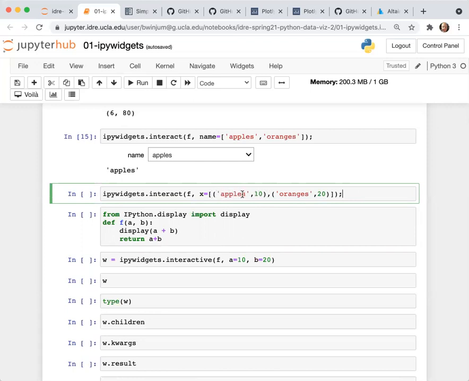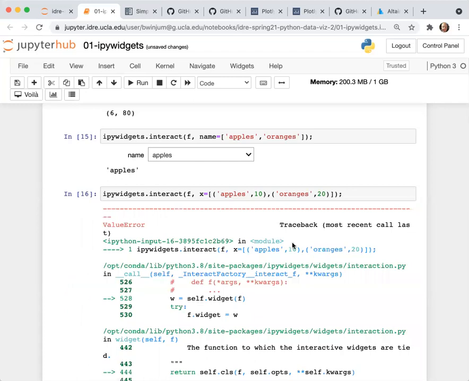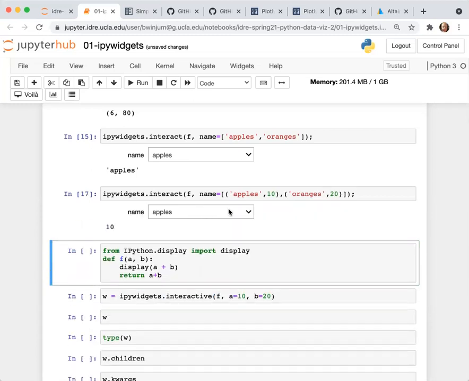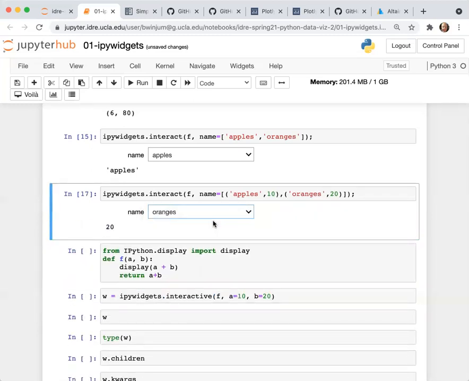The first one is the label that will be put into the drop-down menu, and the second is the value that will be used as the input parameter for the function. Oh, and now here, since I've changed X to name, I'll just change this to name. So you'll see when I change it to oranges, now it's echoing 20 here because 20 is the value that's passed into the f function when I select oranges for the drop-down menu.